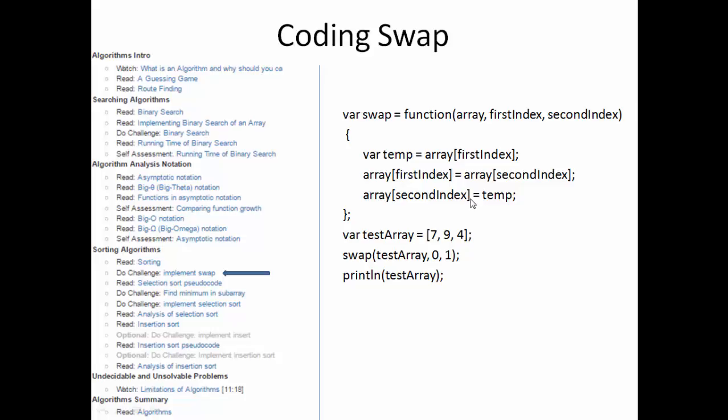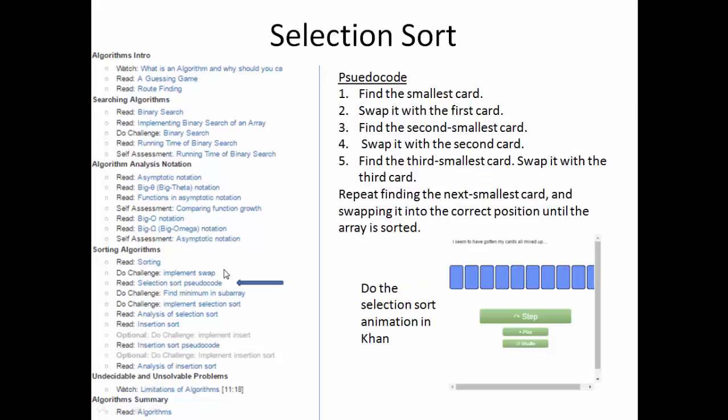It basically swaps the first and second elements of the array. And this allows you to swap, like, say, if you were using cards, two cards, but two elements of an array. And again, this is a building block for the sorting algorithms. It's a little utility function that the sorting algorithms will use to swap two elements, because that's what you do when you sort. So with that swap building block, the Khan reading goes into the first sorting algorithm, selection sort,